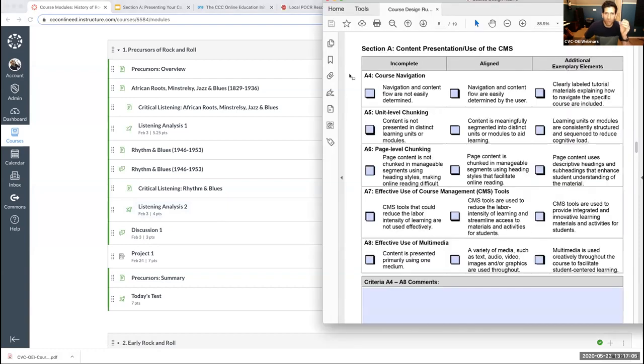Okay, so A4 through A8. Okay, now course navigation. This, and I think Helen and Cheryl would agree, and many of you out there that are involved in a lot of course reviews, is a big section. There's a lot to this. This statement, navigation and content flow are easily determined by whoever is taking the course. That's huge, right? So these items, unit level chunking, page level chunking,